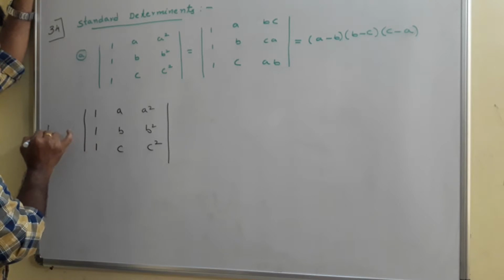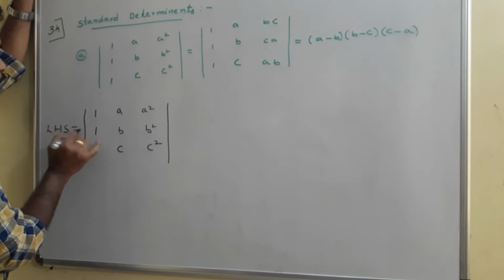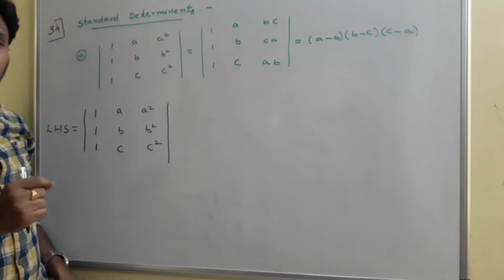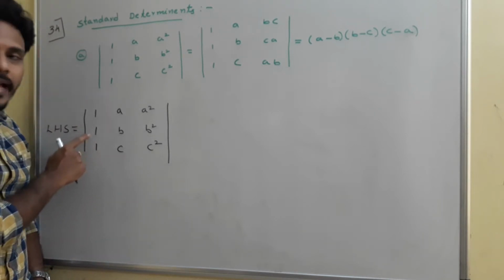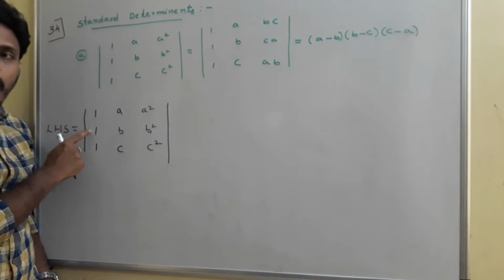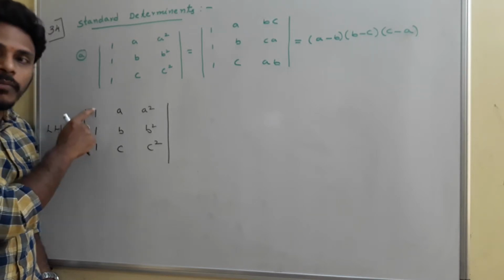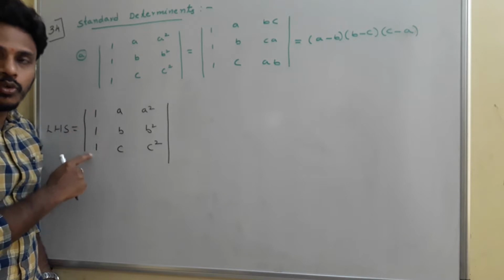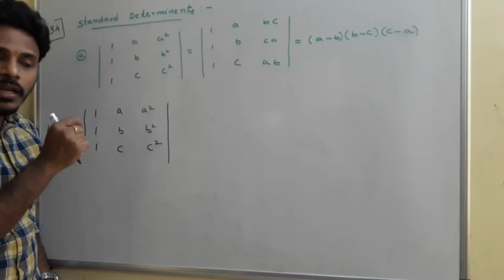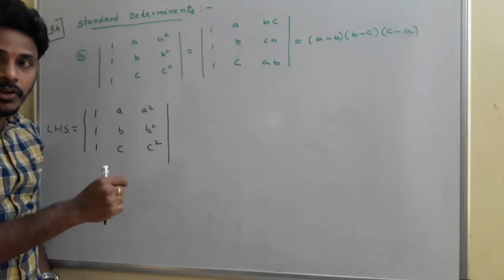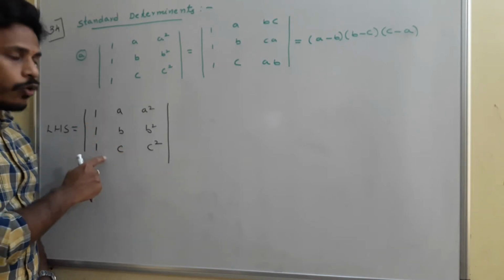Okay, so this is the left side part. Actually we are going to find its determinant. You just think about it. My intention is to make these two ones as zeros. Here it is 1. How can I make it 0? Just by subtracting this one from that one. See, among these three rows, first of all we need to fix one row, and based on that row we need to make other two rows as zeros.